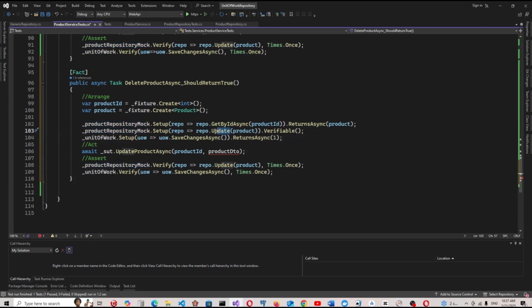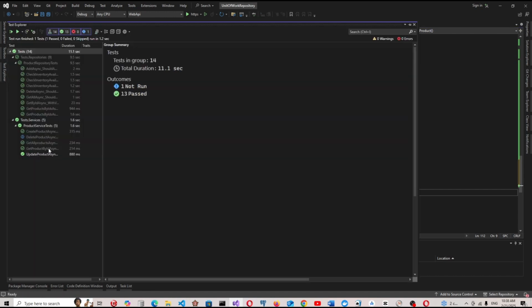We set delete async verifiable, delete async to be delete verifiable, and saves async and return one, and then we call delete product async over here, and we verify delete calls once, and saves async calls once, and